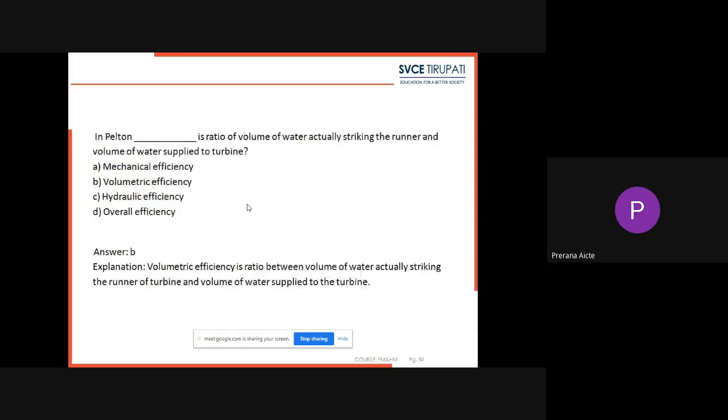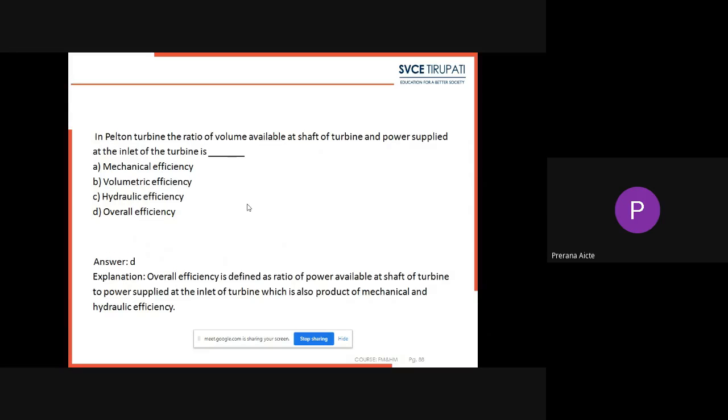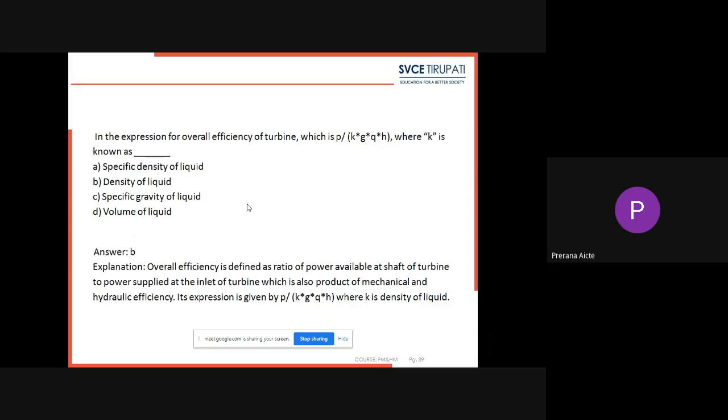Pelton turbine. So in Pelton, which is the ratio of volume of water actually striking the runner and volume of water supplied to turbine? Overall efficiency. So next one, in the expression for overall efficiency of turbine, which is rho by K into G into Q into H,